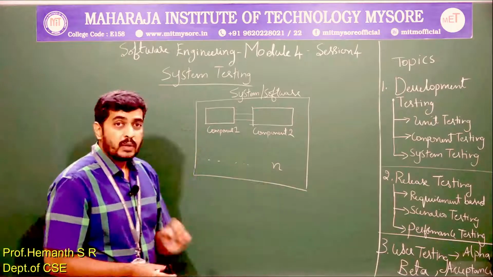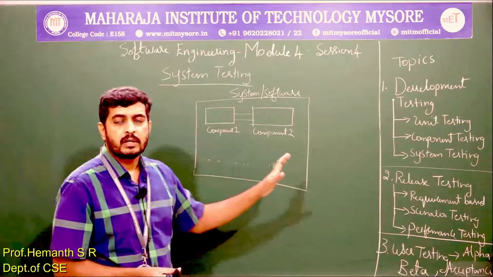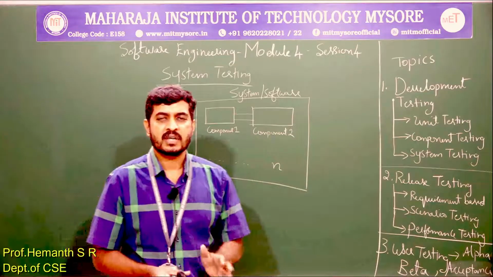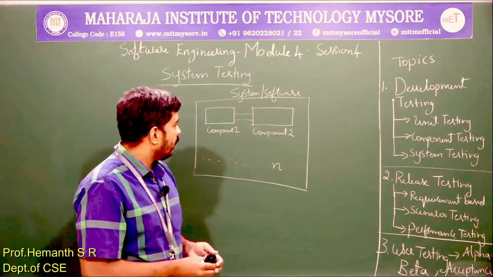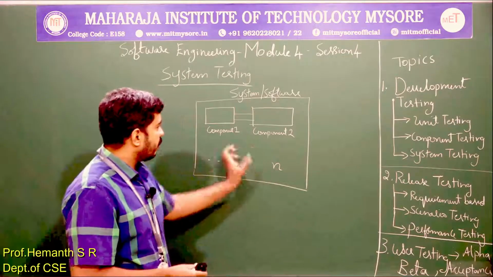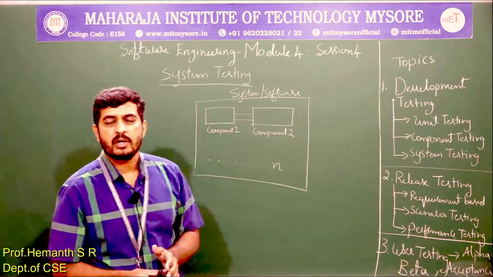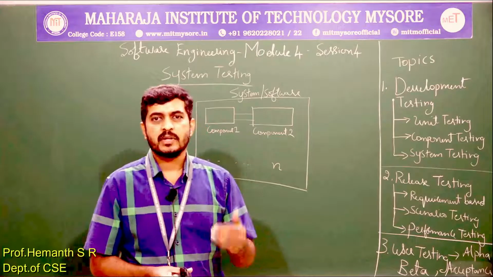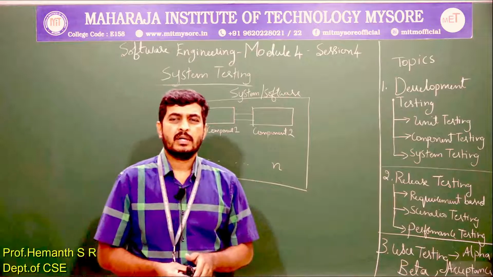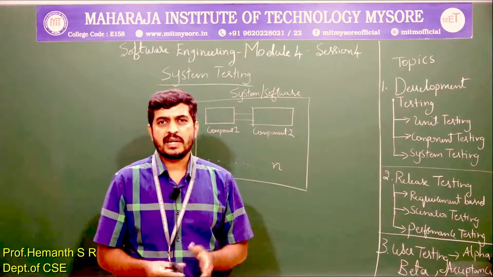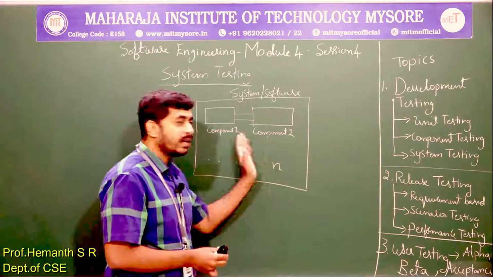Also, we would have combined the reusable components into the software, because we do not develop each and every component, or we need not develop each and every component from scratch. Some components can be reused in different software projects. Okay. For example, a component which is collecting customer information. See, it may be for banking software, it may be for hospital software. So collecting customer information or patient information, it will be a common module. Okay. So with minor changes, slight modifications, we can customize the component and we can reuse it. So such components can be part of the software.